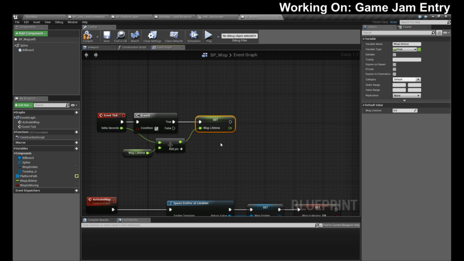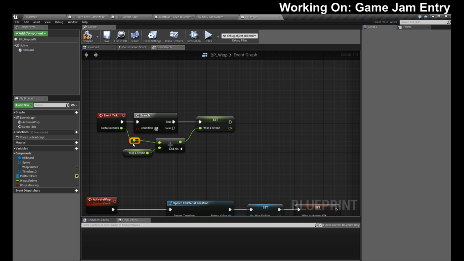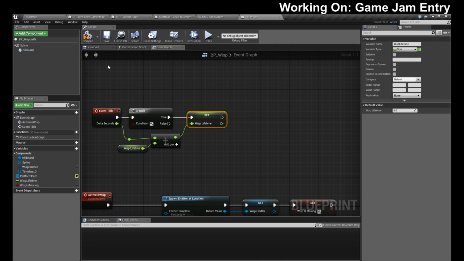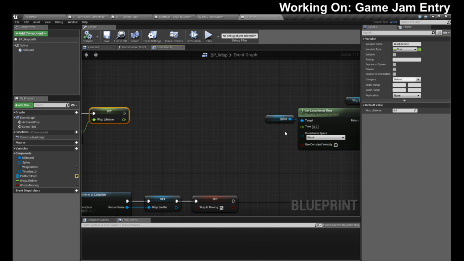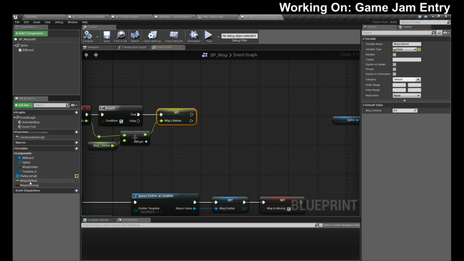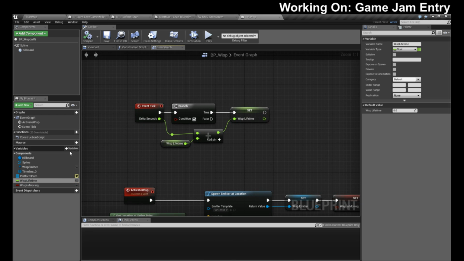So the only time we should care about incrementing this is if the wisp is alive after he's been activated. We'll increase the wisp lifetime. Then the wisp needs to move a certain percentage across from 0 to 1 based on the... what do we want to call this? Yeah, wisp lifetime would have been the correct term, but I just used it incorrectly.